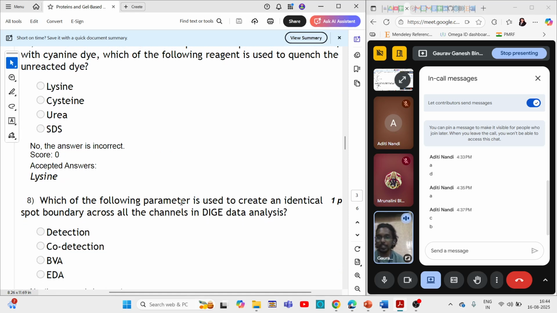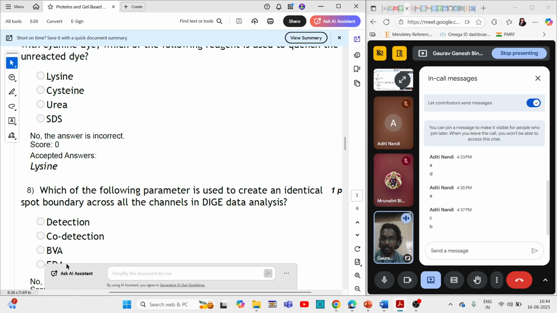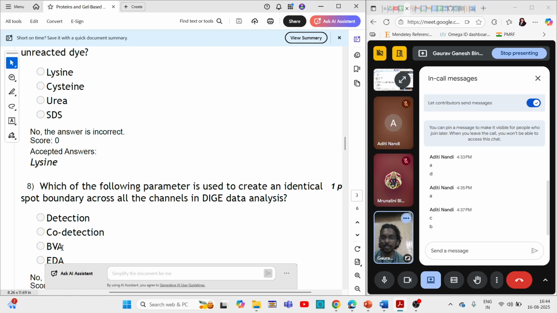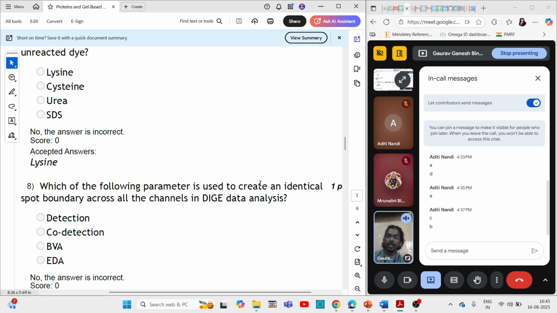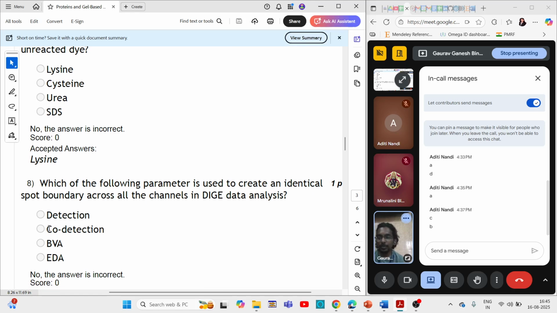Okay. So which of the following parameters is used to create an identical spot boundary across all channels in DIGE data analysis? This is the soft mass spec analysis. This is the biological variation analysis. So we want to create an identical spot boundary across all channels. This is a little difficult question. So is it a detection or co-detection? All the channels, in the sense all the different samples, can be done only via co-detection,